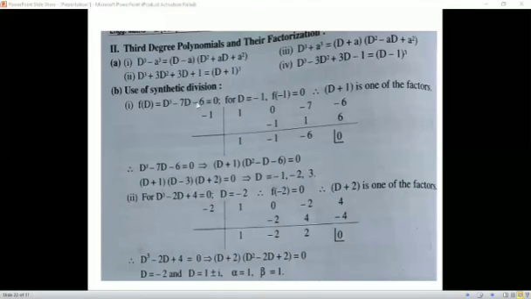So can you check here? This is a cubic equation, d cube, and it has three roots. This is also a cubic equation and these are the roots. But we see now, this is minus 2 and this is 1 plus minus i. As we are counting this plus minus together, but actually they are two different roots, 1 plus i and 1 minus i. So actually here are three different roots. This is called the synthetic division method.